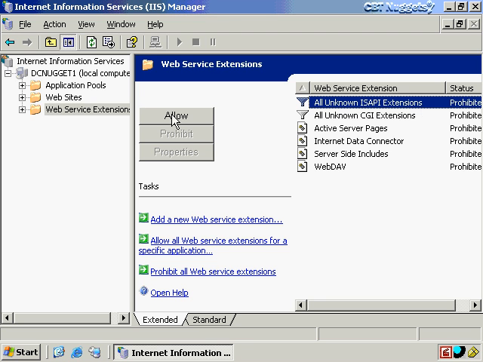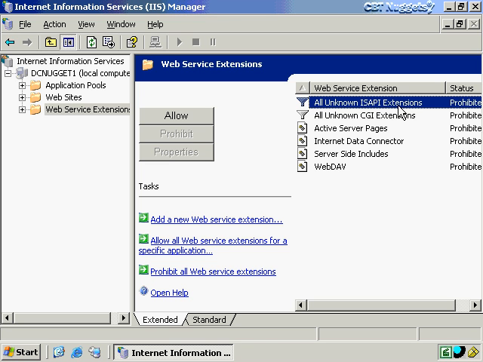You could choose allow, but I can't really think of a good reason why you would do that just in a broad-based way unless you're either in a test environment or you're in a totally isolated network that has no vulnerability from the public internet. Because otherwise that is quite a vulnerability. Now some of these can be